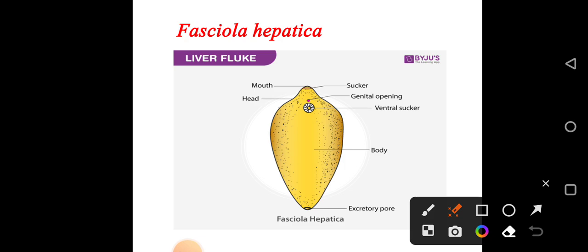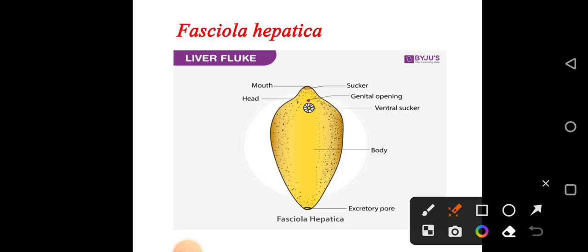Fasciola hepatica is also known as sheep liver fluke, as it resides in the liver and bile duct of sheep. It can also occur in other vertebrate hosts like goats, horses, dogs, monkeys, man, and elephants. A single sheep may accommodate around 200 adult flukes in its liver, and as a result the liver may stop functioning. Consequently, liver rot occurs. So this is all about the habitat of Fasciola hepatica.